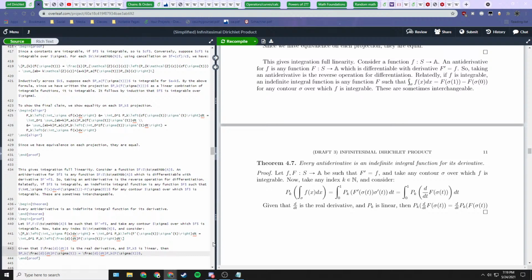P sub k is linear, this thing is that, and then we should have